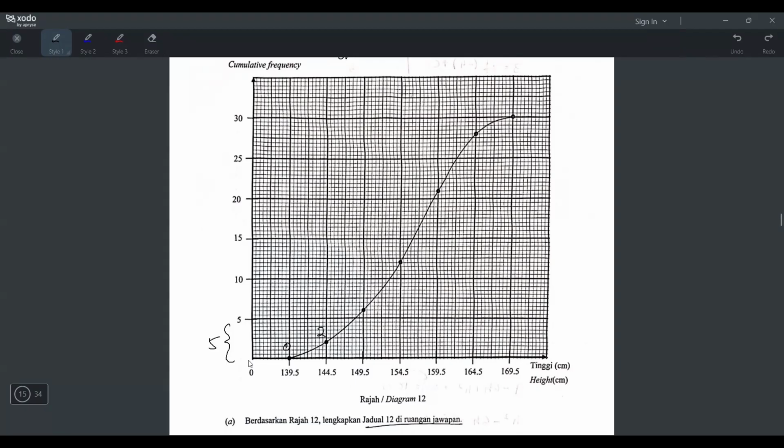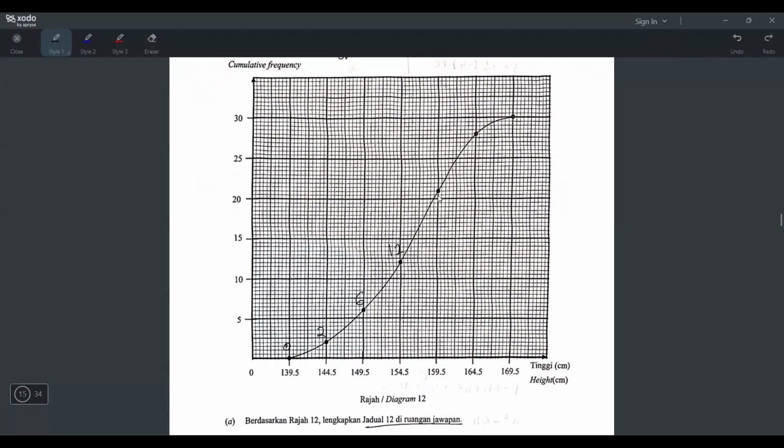That means when you go up one small box, it is 0.5, right? Then what if you go up two small boxes? Then it will be 0.5 plus 0.5, which is 1, right? That is why this one is 2, because going up two is 1, going up another two is 2, right? Okay, what about this? This one is 5 going up two, so this must be 5 plus 1, which is 6. Then what about this? This one is 10 plus 1, going up 2 boxes is 11, going up another 2 is 12